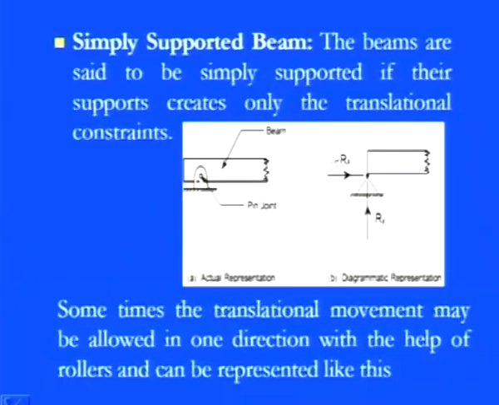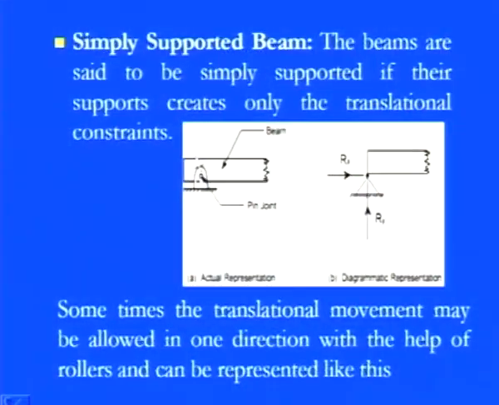Second, based on what kind of supports there are, the second category is the simply supported beam. Beams are said to be simply supported if their supports create only translational constraints. That means if we keep the support such that it just provides resistance against translational motion, we say we have a simply supported beam. In this diagram, we have a straight prismatic bar, or beam,